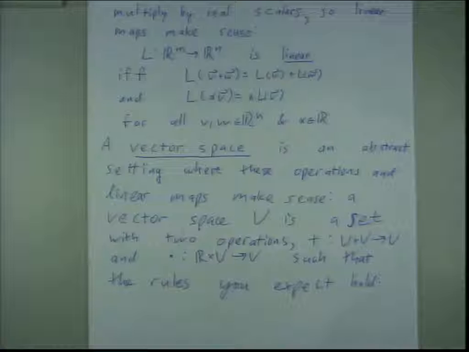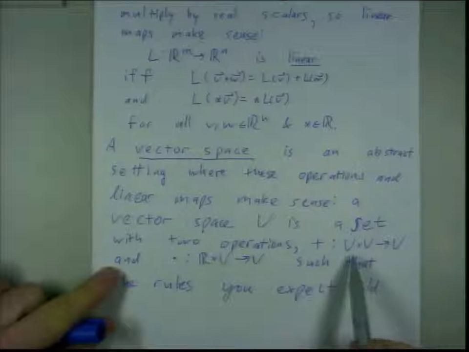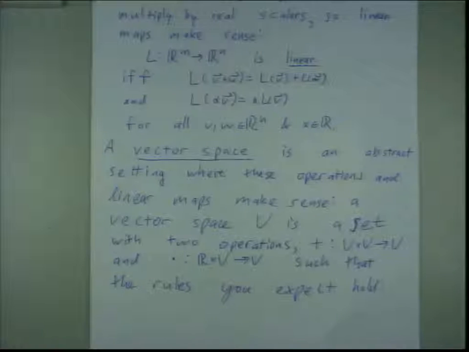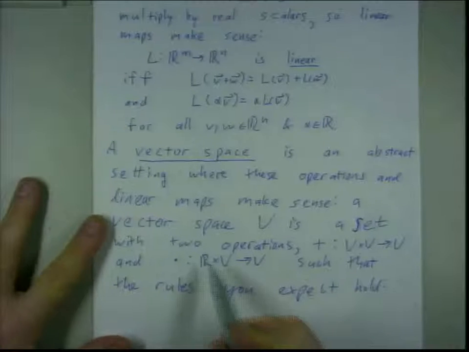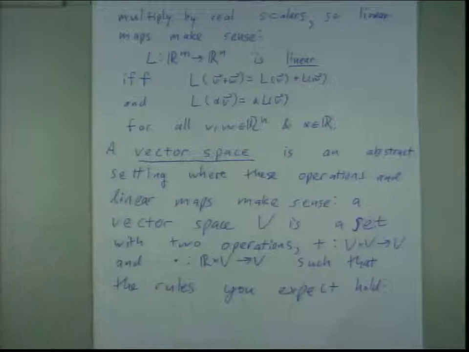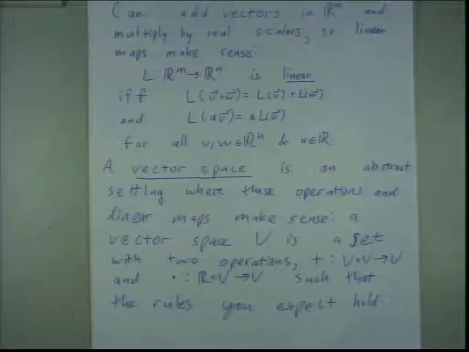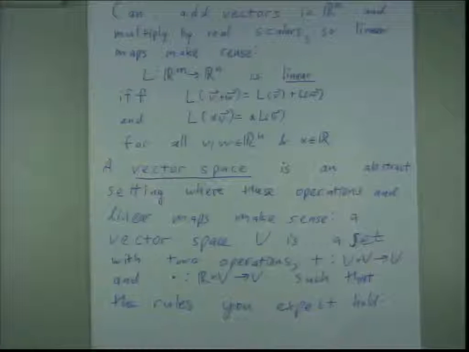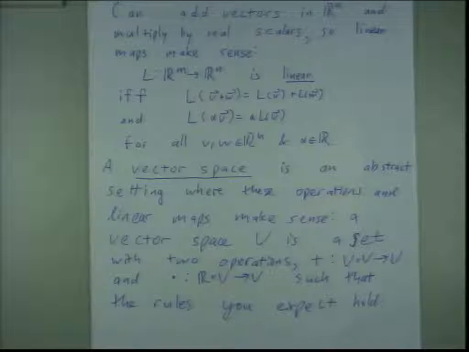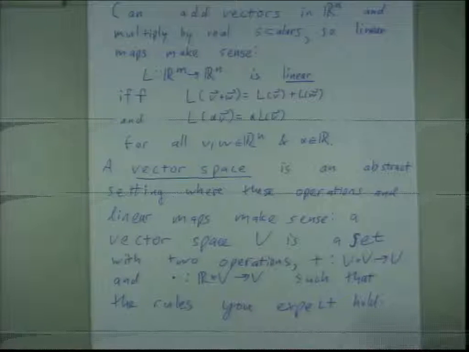So it's a set with two operations. One of them is the addition. So you take two different vectors in the space and you add them together and you get another vector in the space. So you've got a binary operation. Two vectors gives you another vector. And then you've got another operation called times, where you take a real number and a vector and you multiply the real number, the scalar, by the vector and you get another vector. Okay? And if you're defining this mathematically, when you have a set with these two operations, if you want it to behave like Rn, then you have to make sure that these two operations have the same properties that the multiplication by scalars and the addition have on Rn. So you get this long list of things,